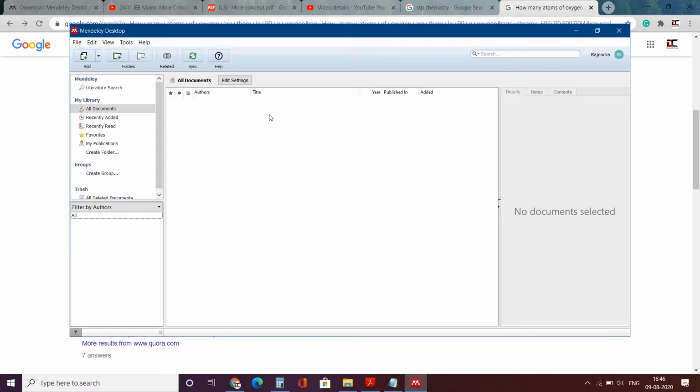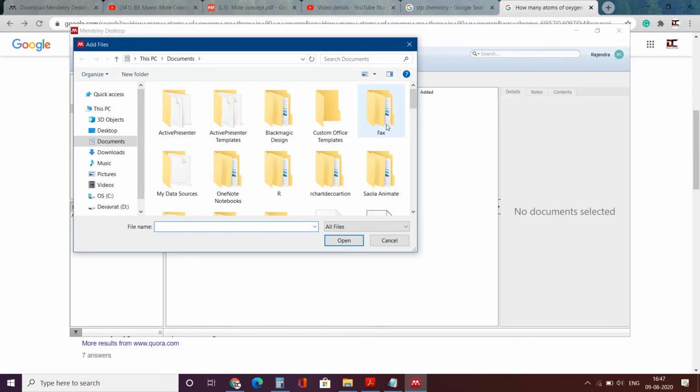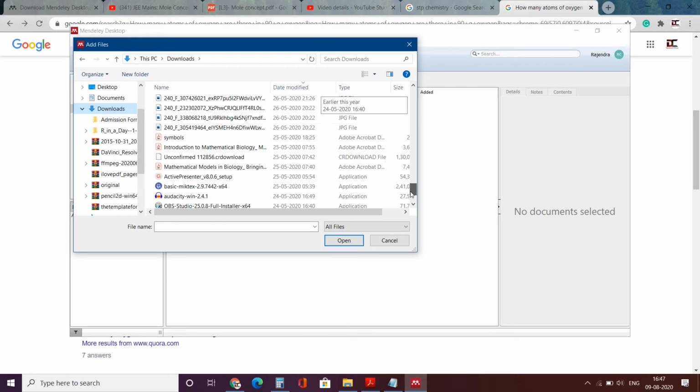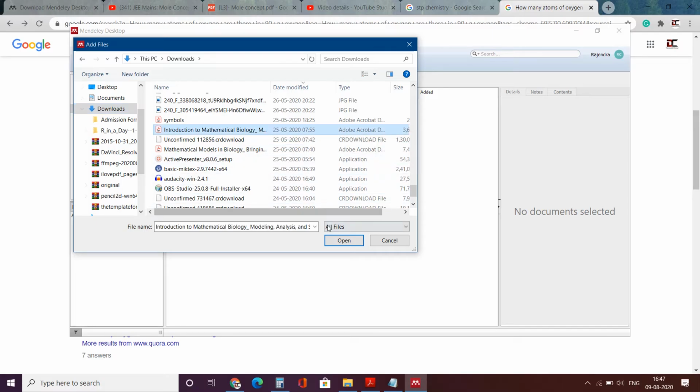Now, to get papers here, we need to add those papers, and there are two ways to add papers. One is to add file. You may have reference papers downloaded on your drive. I will add that, and here I will click add, and it is showing me the open dialog box, add files. I will go to the downloads because I may have some paper there. I will get this Introduction to Mathematical Biology. This is a book. I will add it, open,